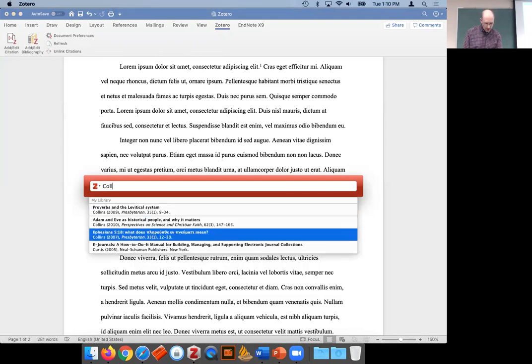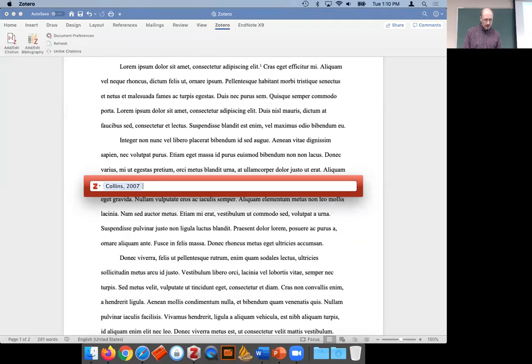that article from Collins there. So I just start typing some keywords, author name, title, whatever I've got. I can select that, and it's going to add that to my citation. Now I can go ahead and add additional ones. If I'm referencing multiple different people, I can type that in here. I can put multiple